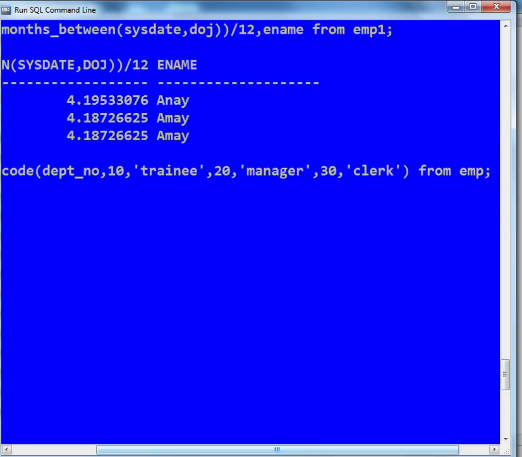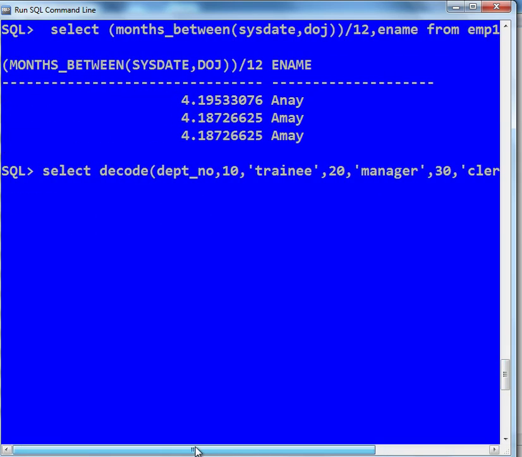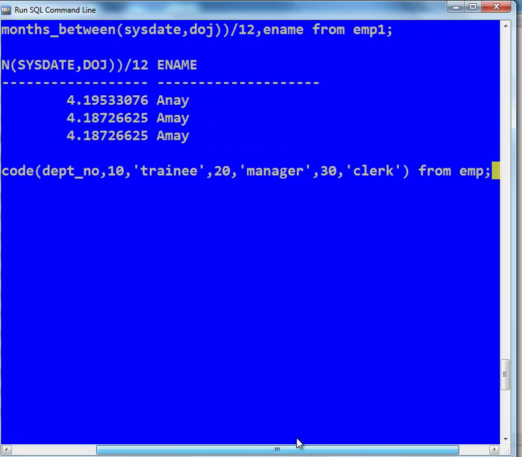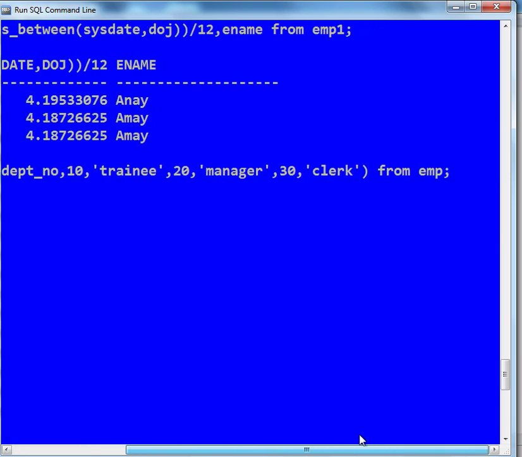And here if I want to know, select decode department number 10 trainee, 20 manager, 30 clerk from EMP.